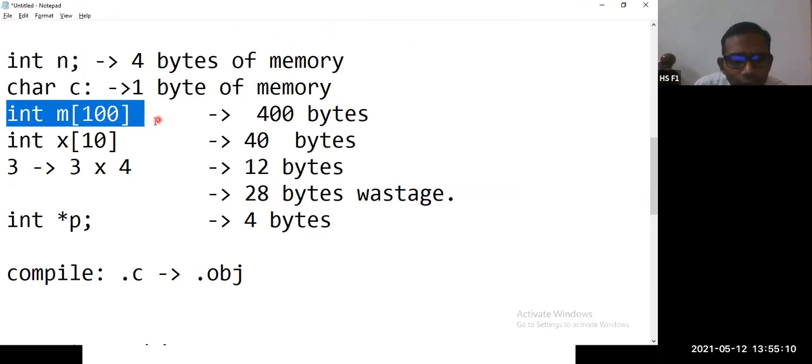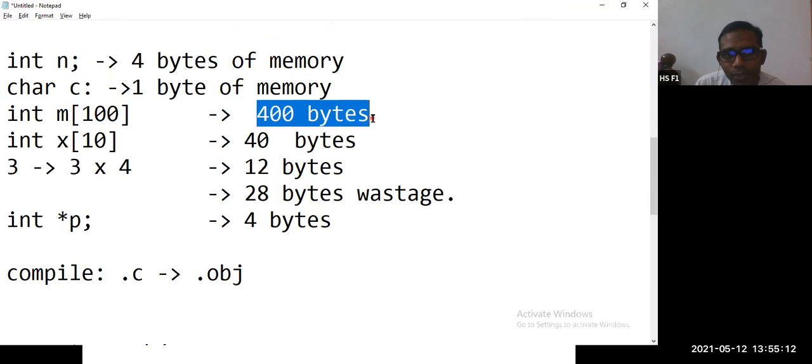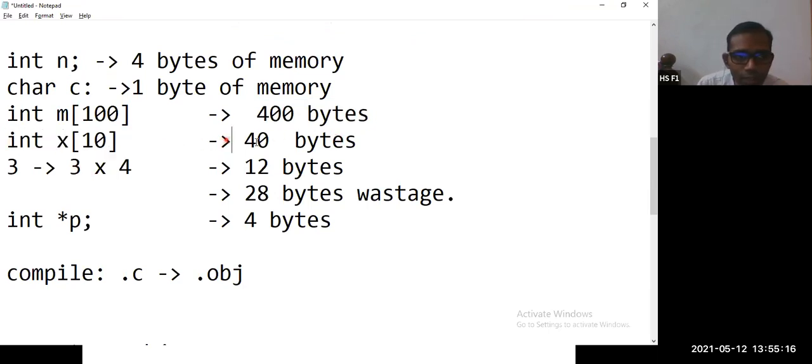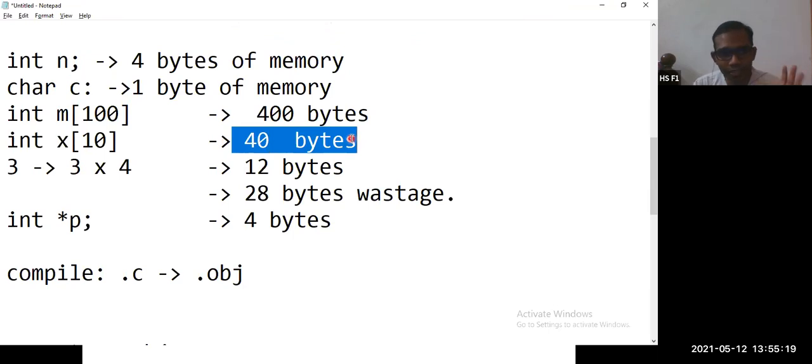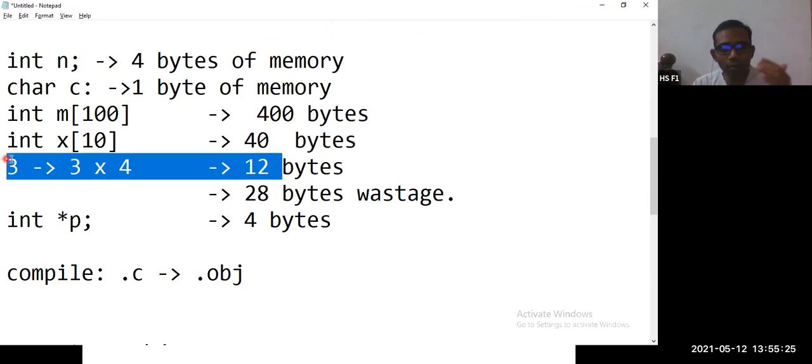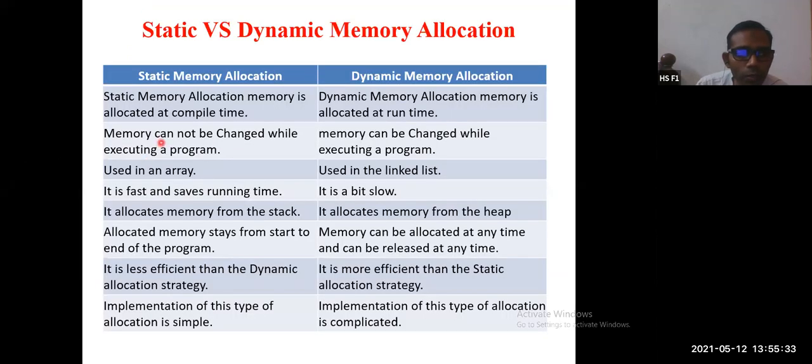If you declare an array of 100 elements, 400 bytes of memory is allocated, that is fixed. Integer x of 10 means 40 bytes of memory is allocated, that is fixed. You cannot make 40 into 42, or reduce it to 12 even if you are using only 12 bytes. You can't reduce the size in static, whereas in dynamic this is possible. How? Let us see. That is point number 2.